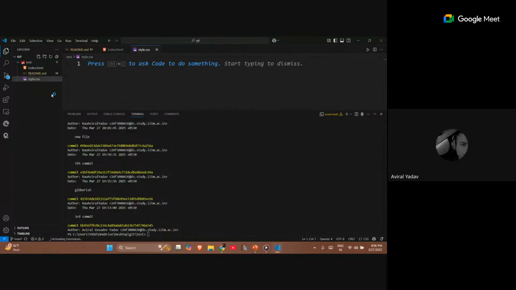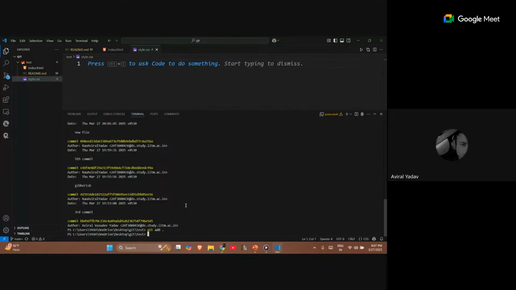Style.css. Okay, and you can see that it's in green, which means a new file, and this is what we call untracked. Untracked means that it hasn't been listed within the git that we have created till now. And M means modified, that we have made changes to it. Next one is staged, which is a file ready to commit. For example, if I do git add dot, just wait a second and you can see that it changed to A. What A means here is that our new file is ready for the commit and we can commit it now easily.